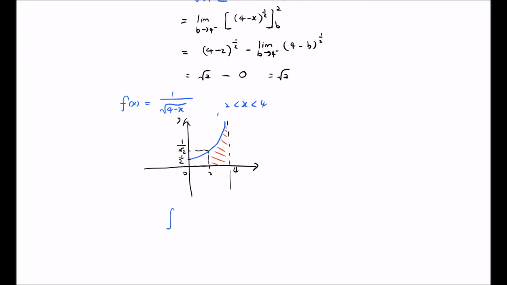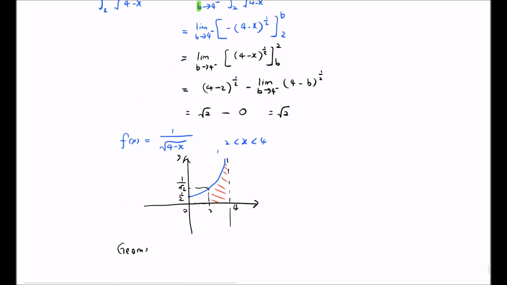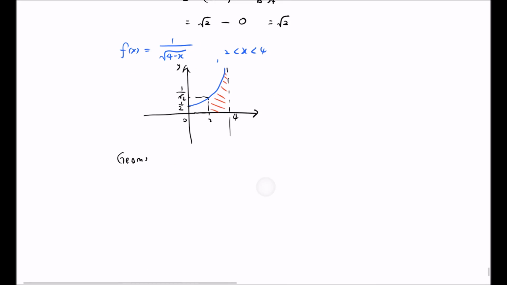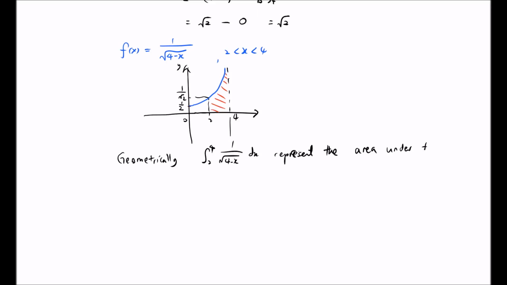So geometrically, the integral from 2 to 4 of 1 over square root 4 minus x dx represents the area under the graph, or area bounded, area of the graph